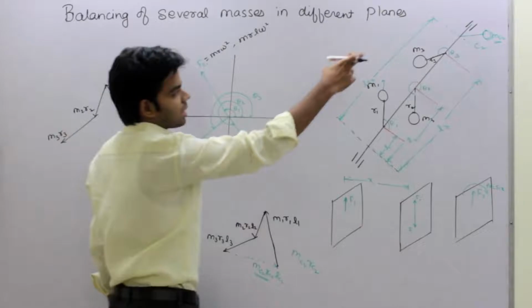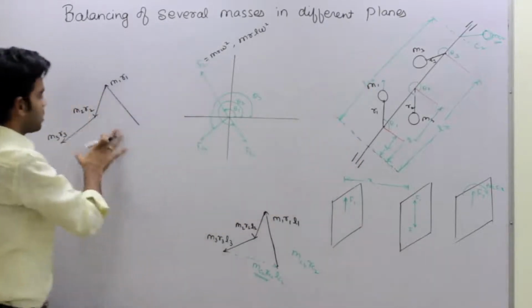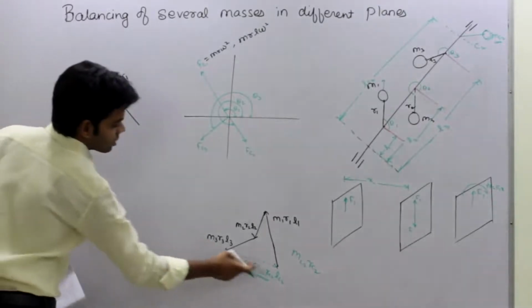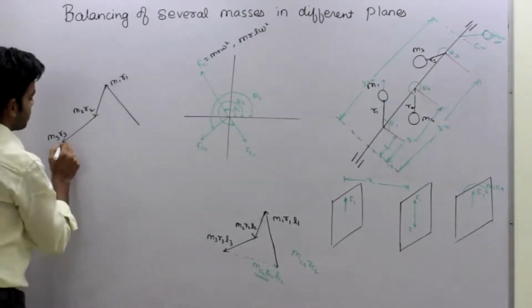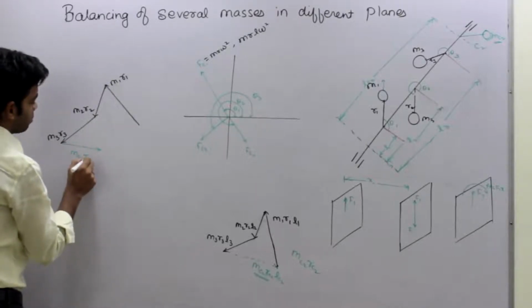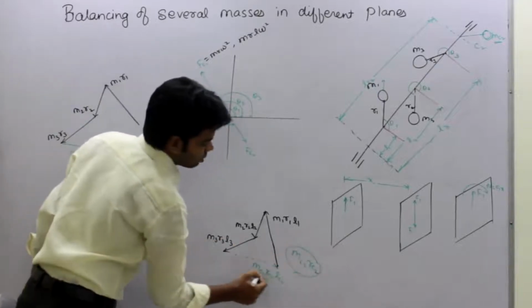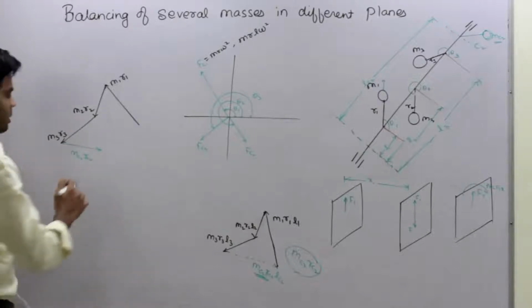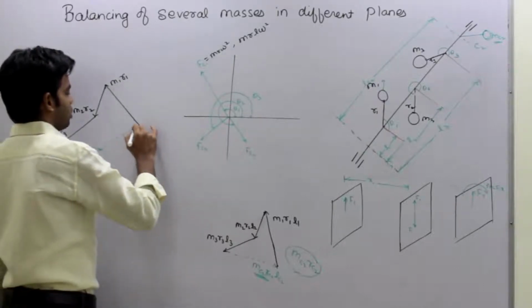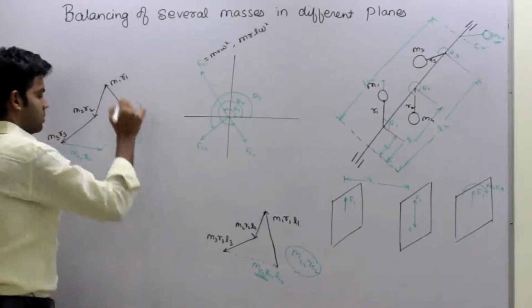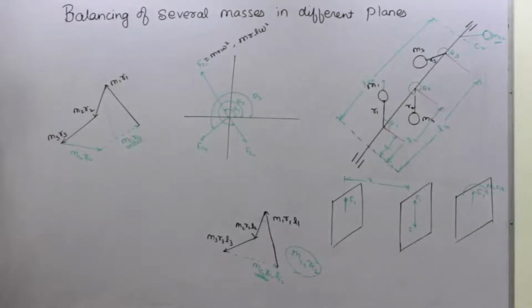Getting this or not? So once we get the value of this mc2 rc2, then we can draw this polygon. Okay, now we will put a vector parallel to this mc2 rc2 lc2 with magnitude mc2 rc2. Okay, from here we can determine this mc2 rc2 and with this magnitude we can draw this vector. Okay, the remaining side we can close this polygon and this remaining side will give us mc1 rc1. That's it. So this is the graphical method how we can determine this mc1 rc1 and mc2 rc2.